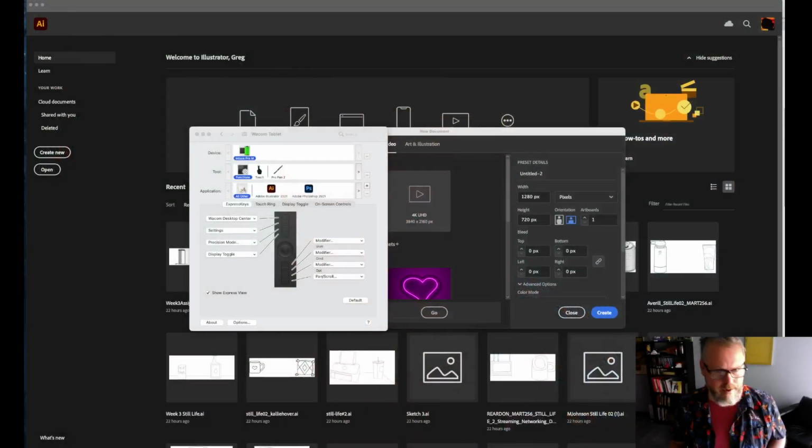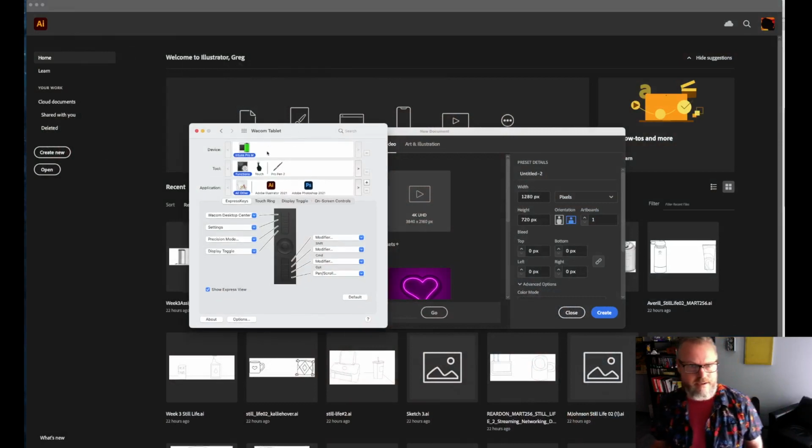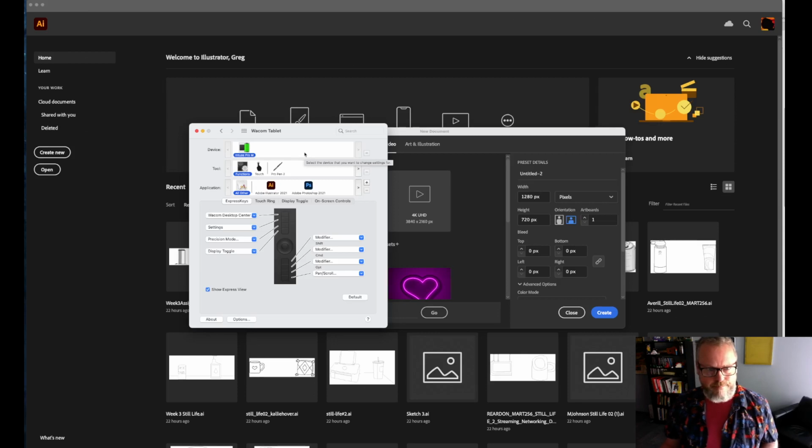So we're going to be looking at just strokes first, and then we'll jump into some other things like layer management and all kinds of nerdy things. First, though, this is something that came up while I was getting ready. I've moved my tablet between different computers, and it doesn't remember what my settings were, and